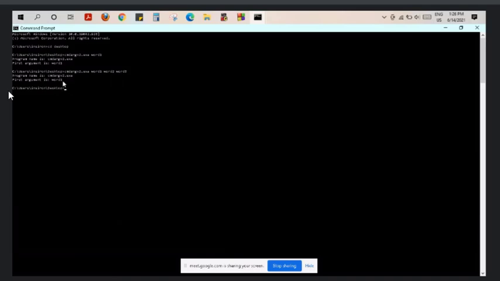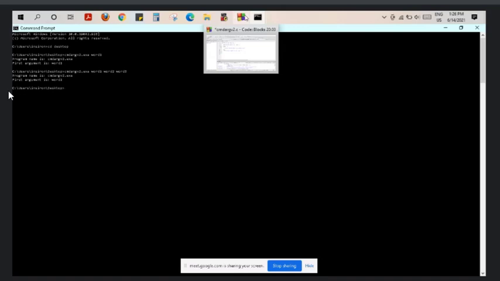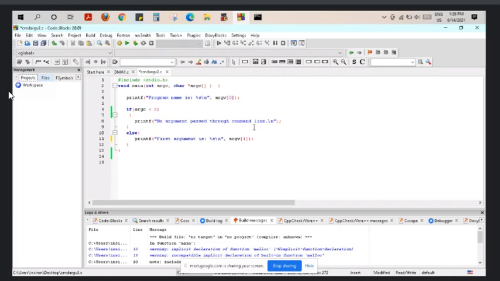Only the first argument, the first word after the file name, is displayed, and that is because of this printf statement. First argument is percentage s, argv of 1, but here we have written percentage s space percentage s, argv1, argv of 2 also, and still there is no change in the output.